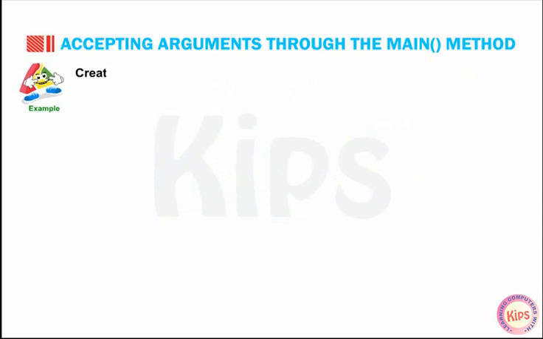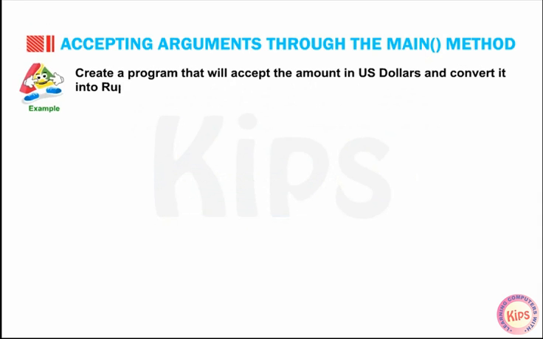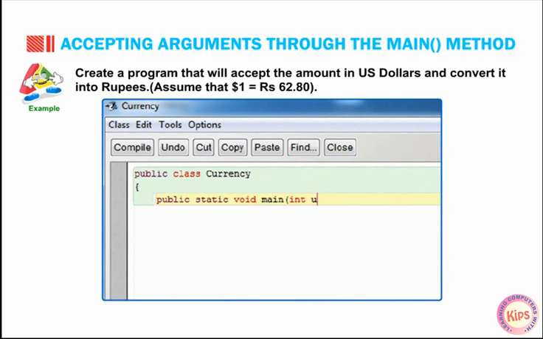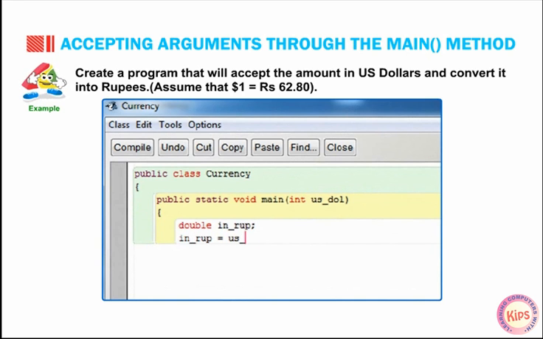Example: create a program that will accept the amount in US dollars and convert it into rupees. Assume that $1 equals rupees 62.80. public class currency { public static void main(int US_dollar) { double rupee; rupee = US_dollar * 62.80;